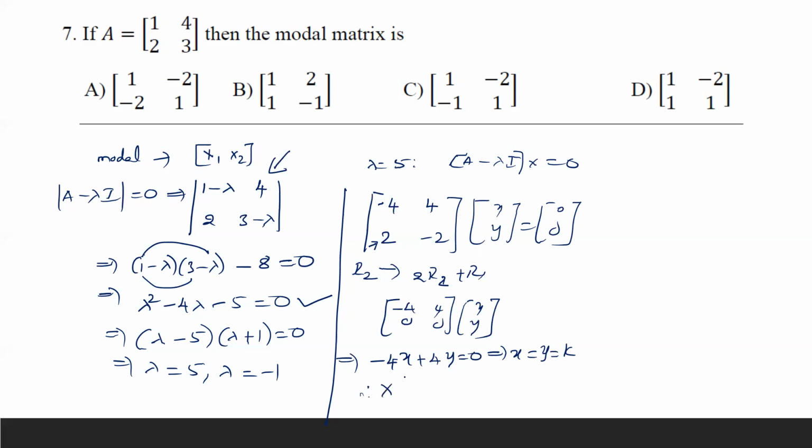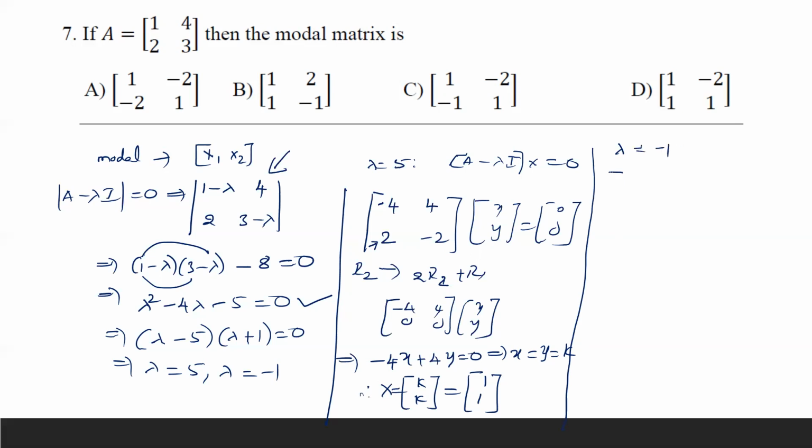Therefore, you see the first eigenvector, you can actually take it as k comma k, and in particular, if you take k is equal to 1, we can write the eigenvector as 1, 1. The first eigenvector is 1, 1 there. Then if you take the eigenvector corresponding to the second eigenvalue, minus 1,